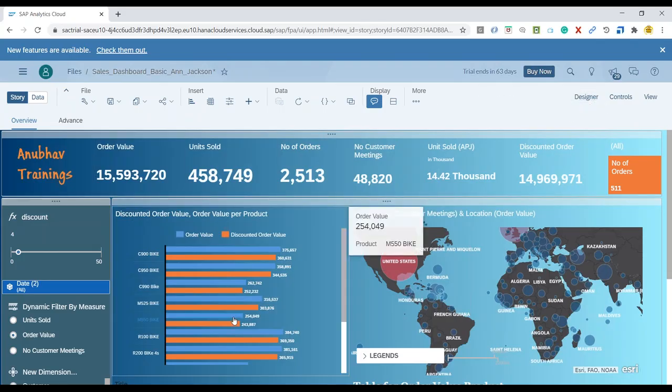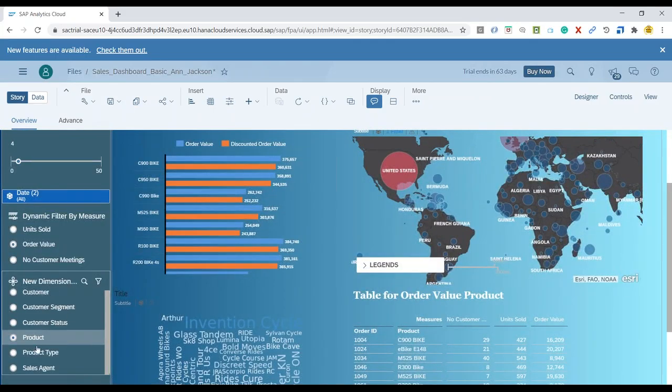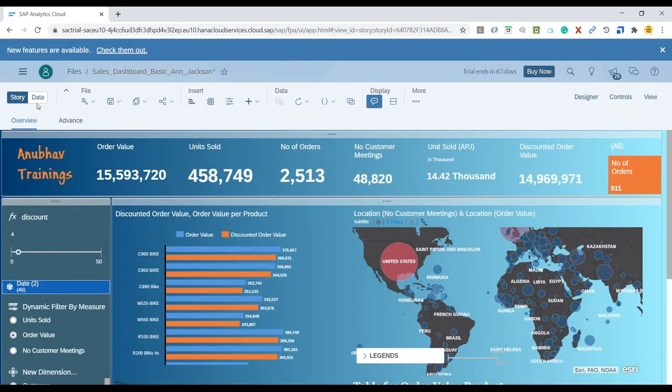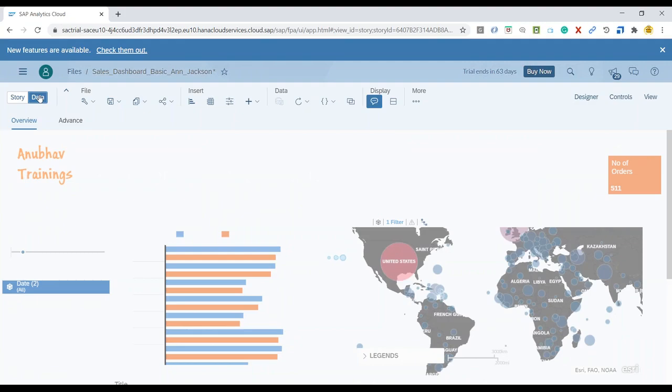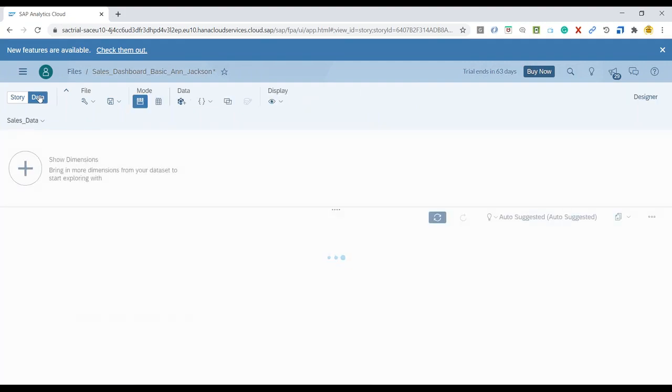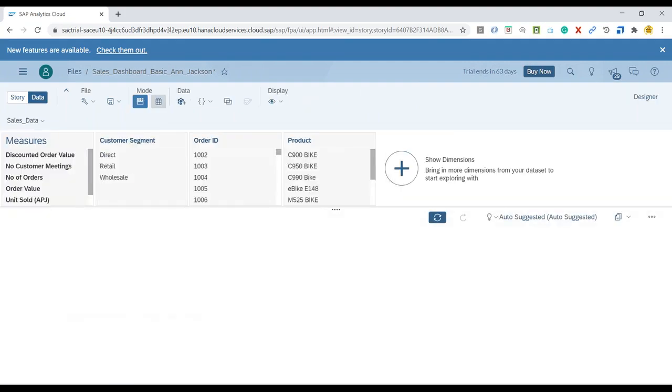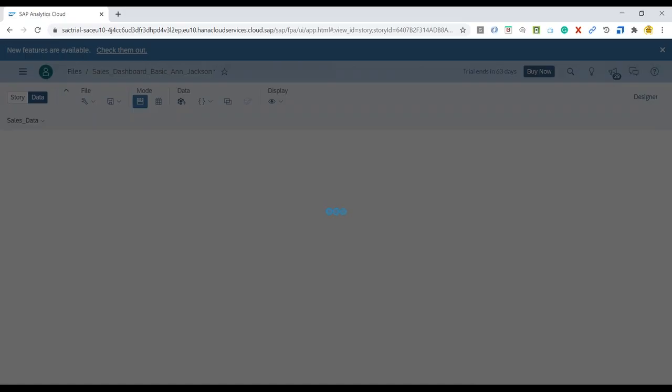Now, the next question from Gunjan was, can I change this name of sales_agent, or some label? Yes, you have to change it in the base. The base is this data. Go to this data, and here you see all the columns of our data set, so we switch over to the table view for the data,